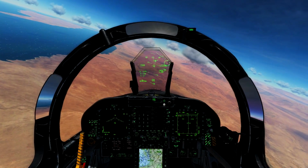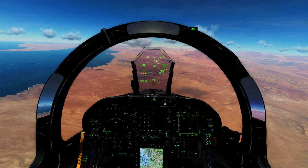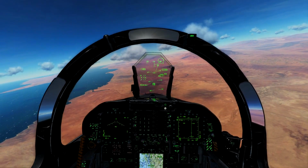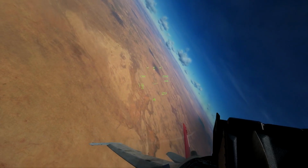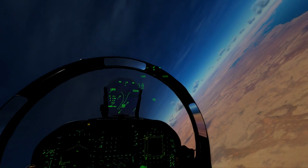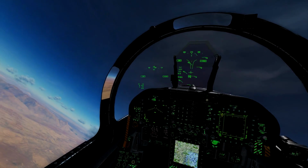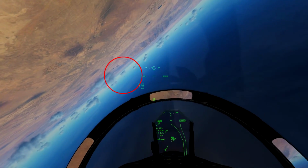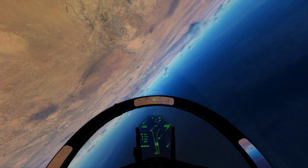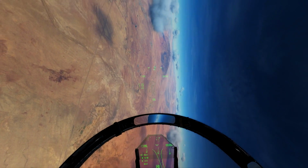We have a Mirage off in front of us. I'm doing a little bit of a pre-merge setup here as I put my nose down and give myself some lateral turning room by offsetting a little bit. There he goes over the top, and we are going to go one circle here. Now as we go through one circle, I'm going to pull a little bit vertical, pull throttle to idle, and continue to maneuver in relation to the bandit. He's going to shoot out in front of us, and we're going to slot in behind him. Throttle back to max AB,